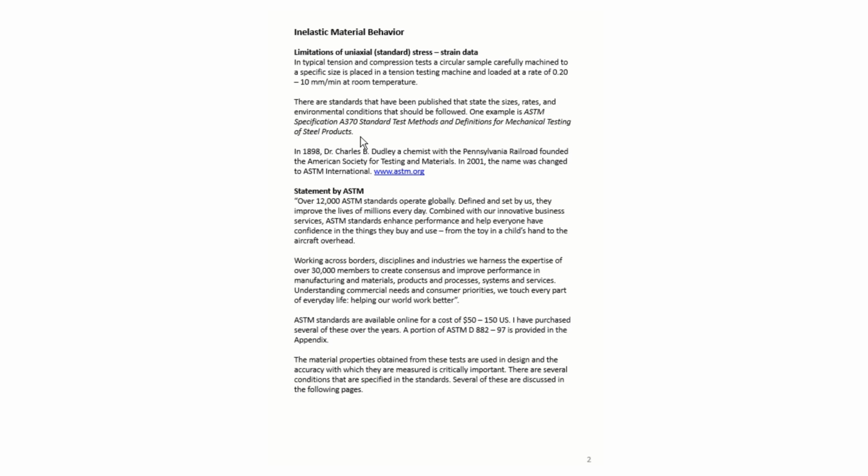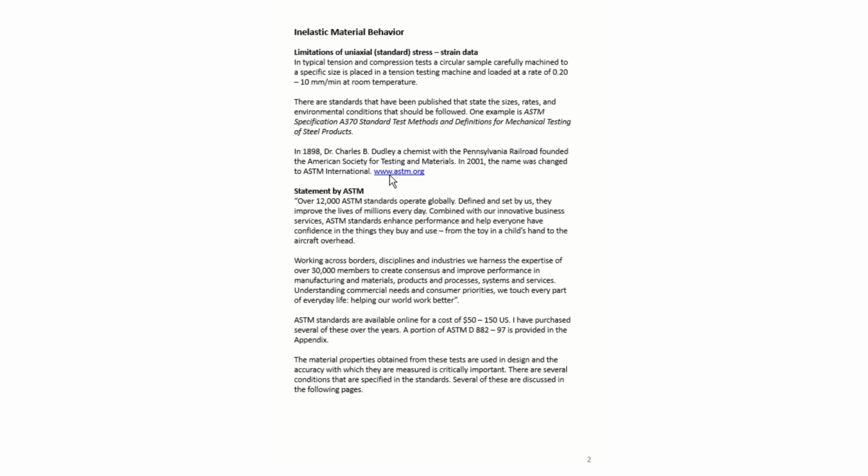It's kind of interesting to give a little bit of history about ASTM. In 1898, a guy named Dr. Charles B. Dudley, who was a chemist with the railroad in Pennsylvania, founded the American Society for Testing of Materials. And then this grew into what it is now, which is extremely large with over 12,000 standards, and they operate worldwide. In 2001, the name was changed to ASTM International, and on this website, astm.org, you can go and find